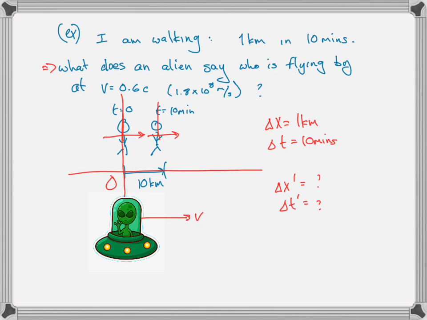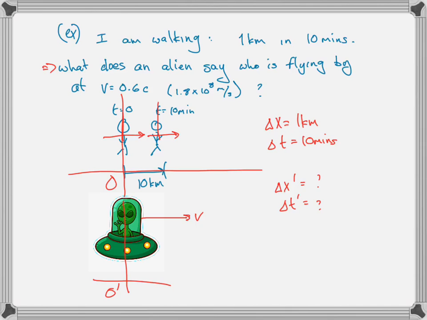So a couple of assumptions we need to make. First of all, the alien is certainly the moving frame of reference. The alien is moving at speed v, and we want to know what the alien is measuring from their frame of reference. And why would we put a gender on an alien? And the other assumption, which I'm going to leave off all the time, is that at t equals 0, we're at the same origin. So we don't have to worry about different origins. That just makes our lives easier in terms of these calculations. So at t equals 0, we're in the same place.